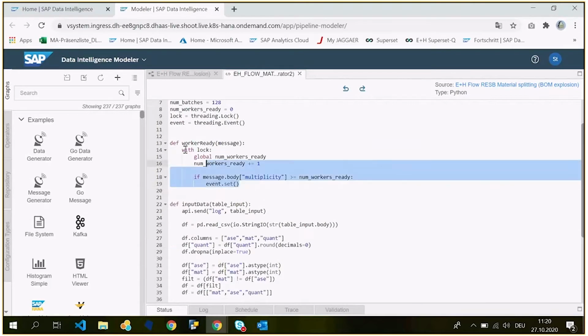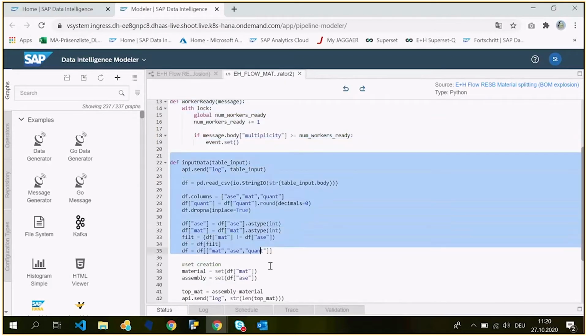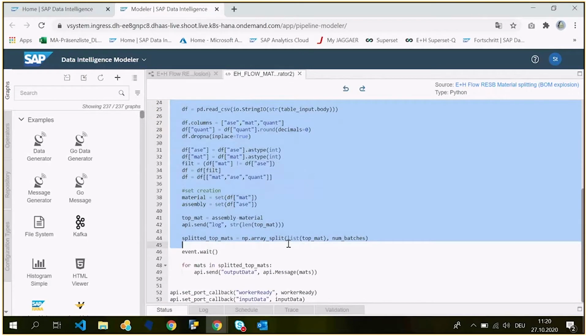Here you see the architecture check if the workers are ready in the single pods. And here you see if the input data is sorted right. And here you see also the cutting and the event that is responsible for the sending of the messages. So what's happened now is like described before. We will now send the top materials to resolve to the worker